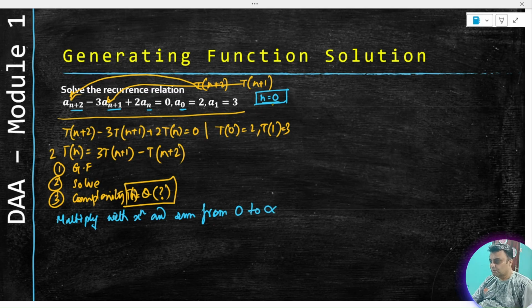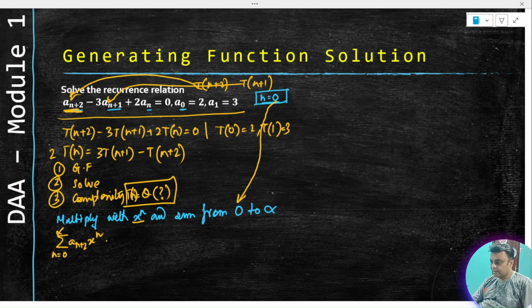Why 0? Because I found that a0 is given and I found the lowest suffix as n, therefore n has to be 0. So I start from 0, I move to infinity, after I multiply things by x to the power of n. So the equation will look like this: summation sigma of n equal to 0 to infinity, the first term a n plus 2 I will write as is, and I have multiplied it by x to the power of n,